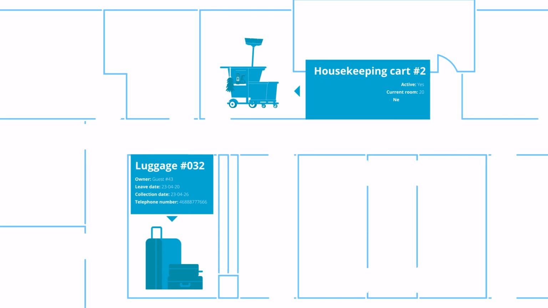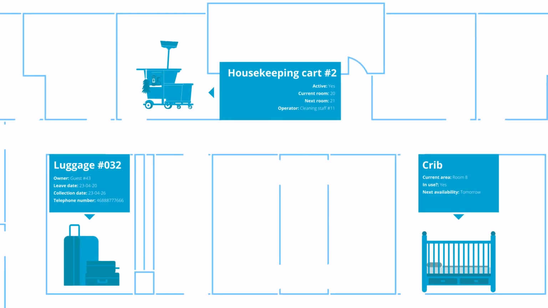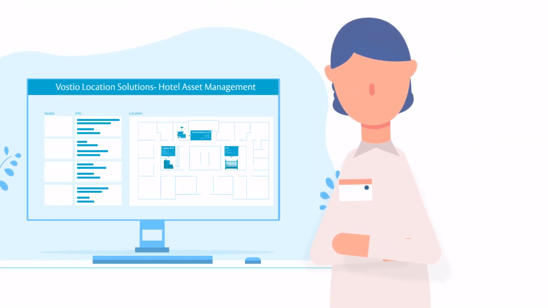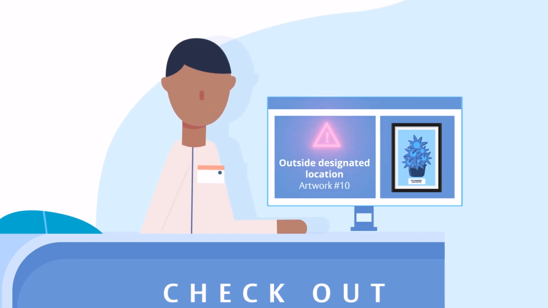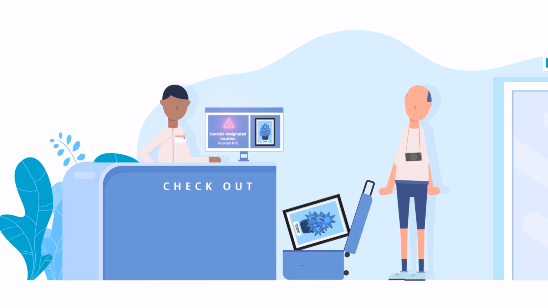From luggage and housekeeping carts to amenity rentals, bulk inventory, and even maintenance equipment, hotel asset management is your key to finding the right items at the right time. Knowing where your assets are in real time prevents loss or theft from eating into your profits and minimizes asset